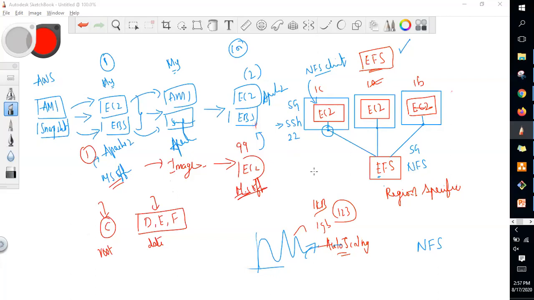Okay, I got it. You want a volume, but it should support auto scaling. You know what you need to do? You create EFS.